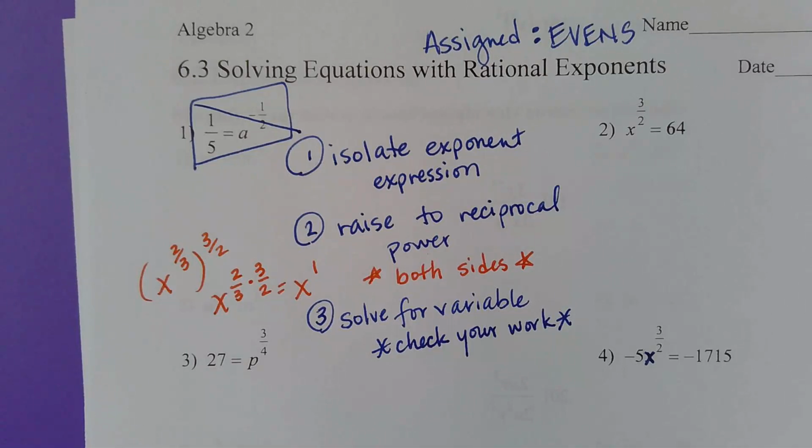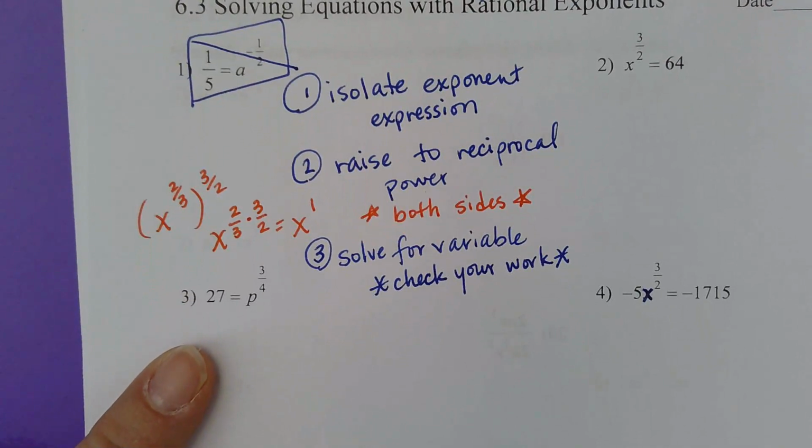Yes? So like on number 2, do we times that by 2/3, or do we times 64 by 3/2? Because like you said, raise the reciprocal power, you're only doing it to the variable, or only the exponent. Okay. So we're not doing it to both sides? You do both sides. So, for example, one right under this,